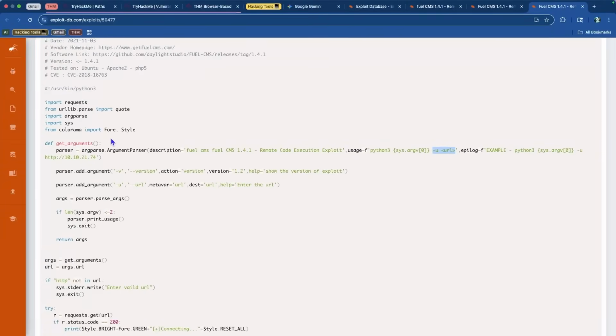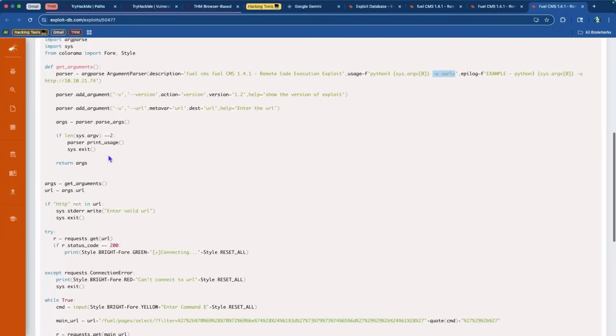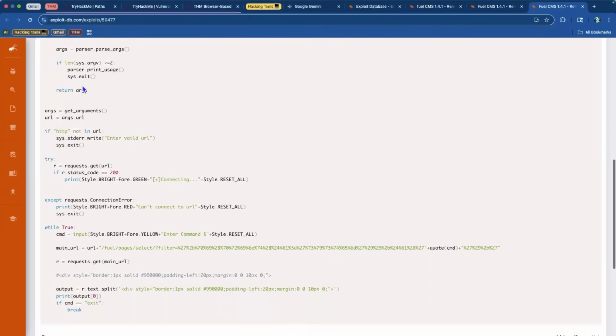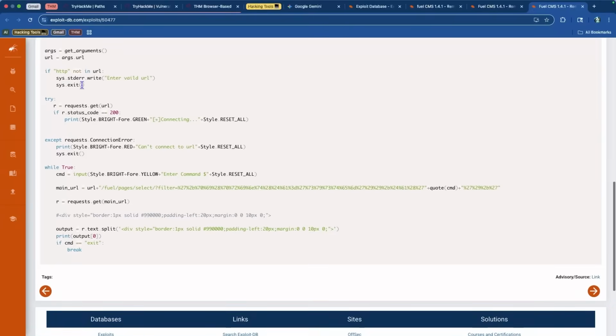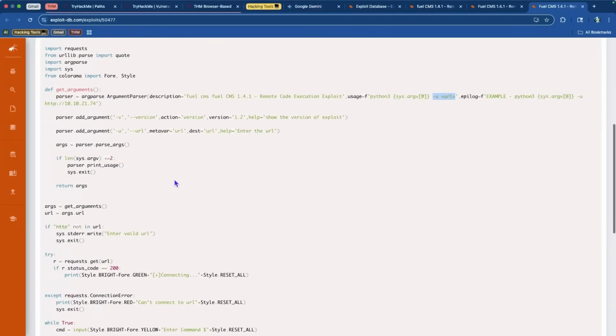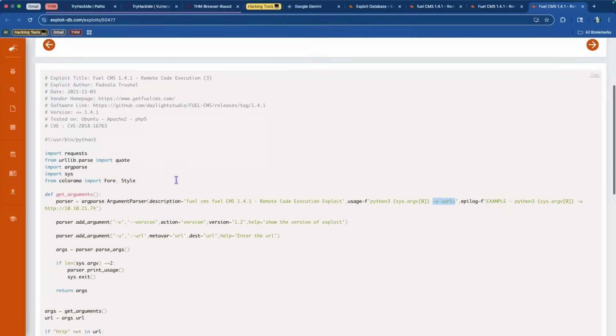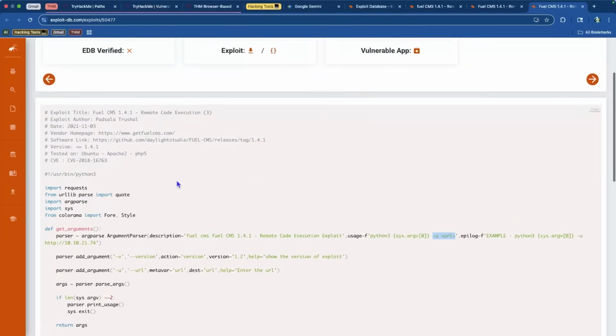And the URL, there's no specific URL variable here. This is just an example that they give to us, but there's no actual URL variable that we would need to modify. I think it's just something that we would manually input as one of our arguments. So this one seems the most promising for the first attempt. So I'm going to try this one for the first attempt, which is going to be the one that